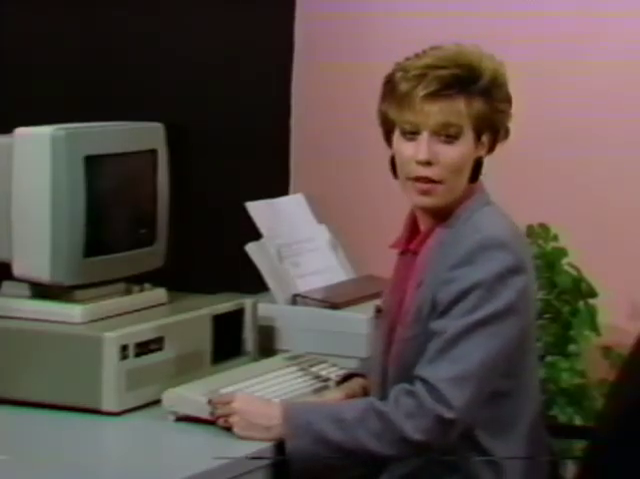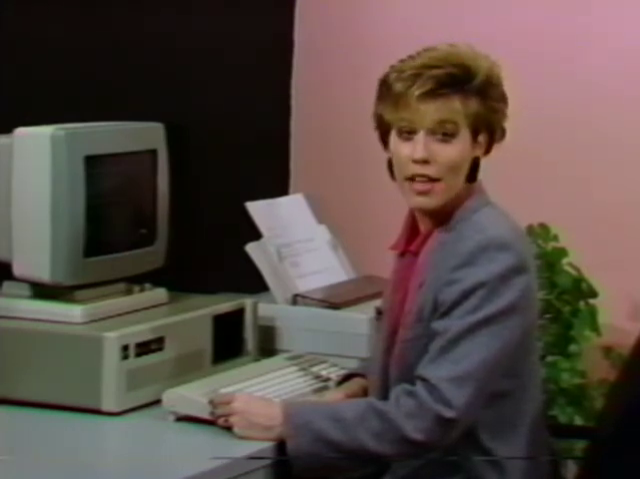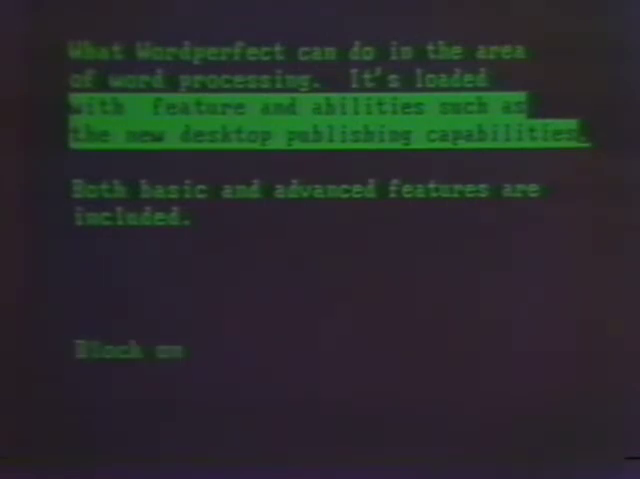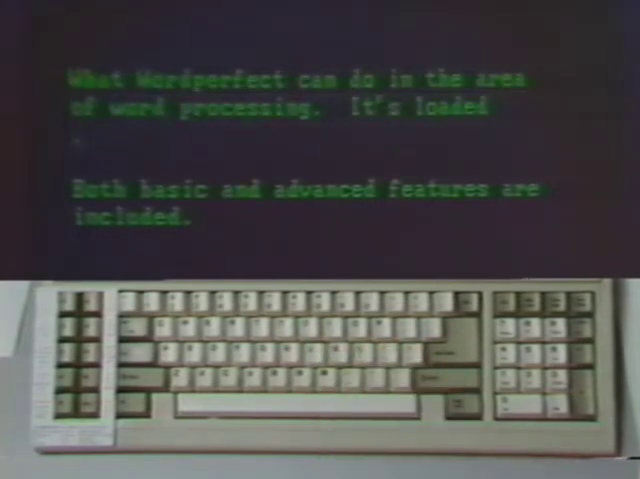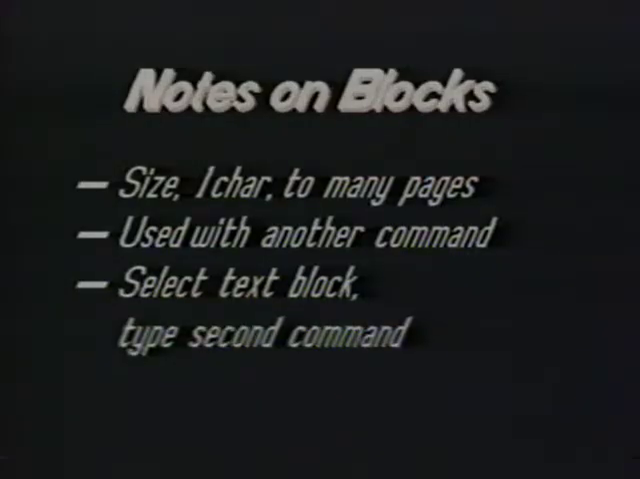The second step is typing the command which works on the block. In our case, that's the delete command. Press the delete key and a confirmation prompt appears. This prevents accidental deletions. Type a Y to proceed with the deletion. The block vanishes. Not very difficult. A text block can range in size from 1 character to several pages. The block command is always used with another command. It makes the text segment ready for the second command. So, for any block operation, first, select the text with the block command, then type the command which works on